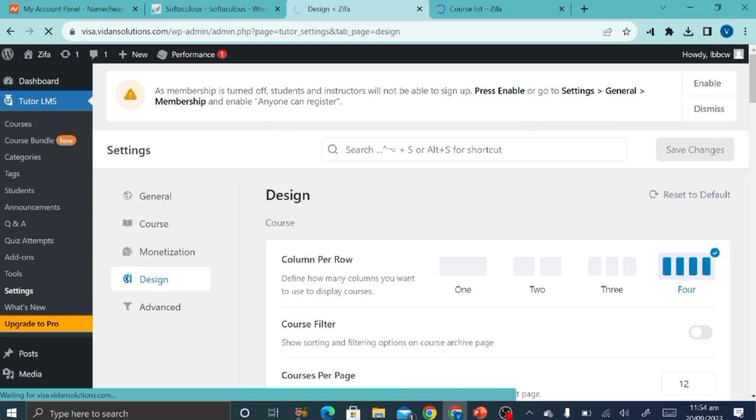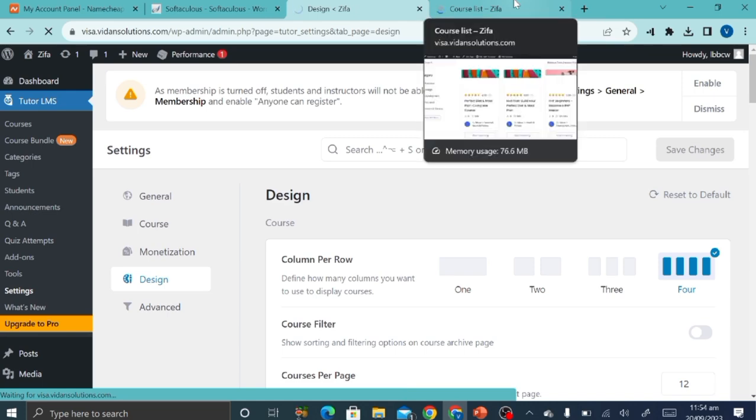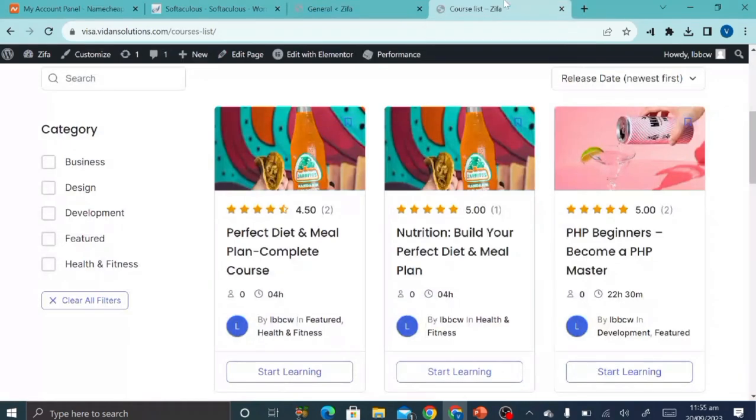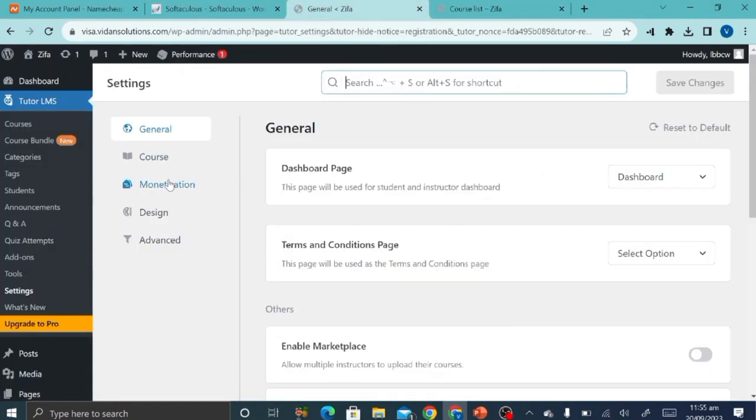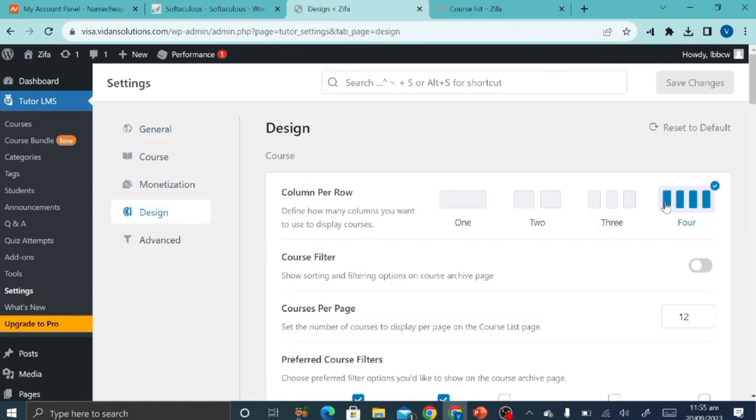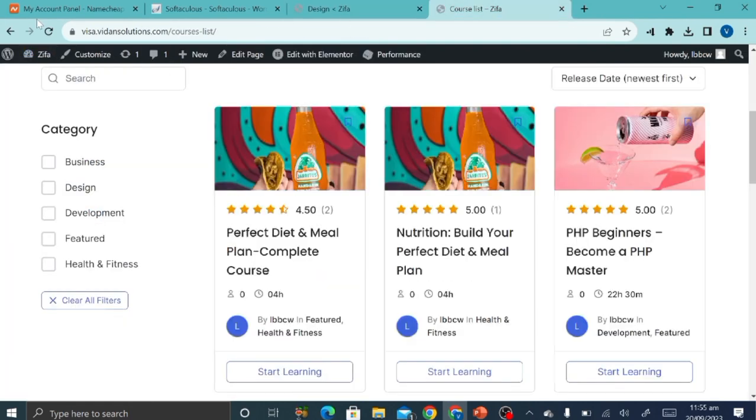We actually have done this. I don't know why it had to come back again. So after saving these changes, like I said, this is 3. Once we've made it, let's go back to design. So we made it 4 and we save changes. So when we refresh this,